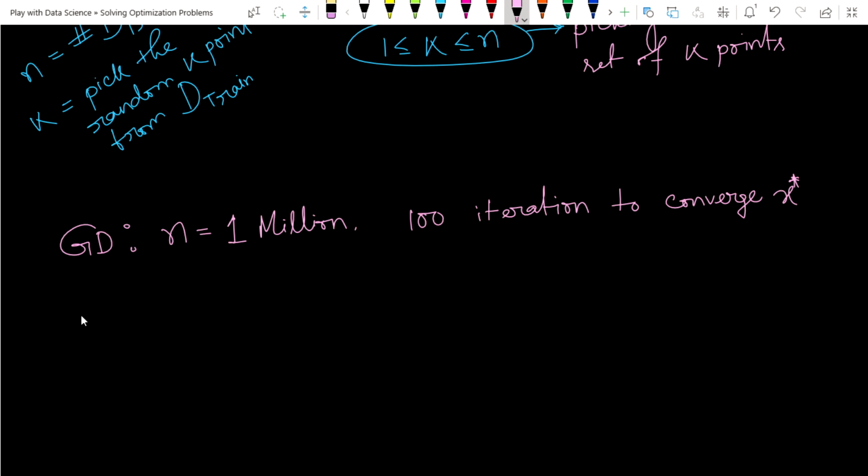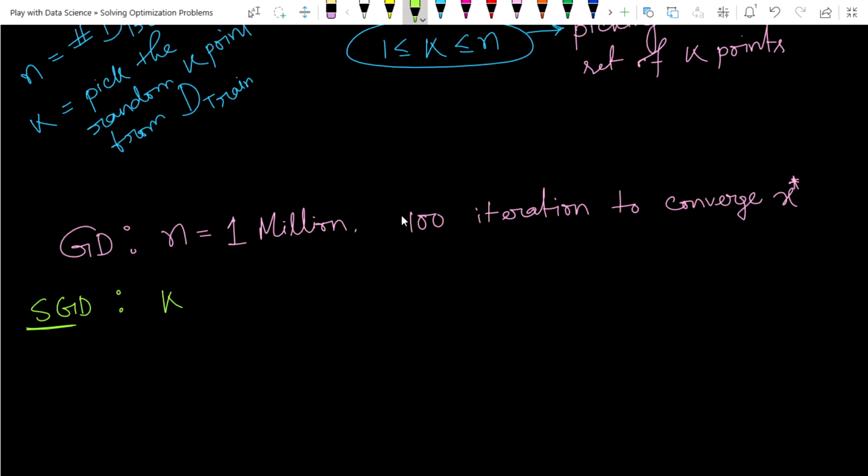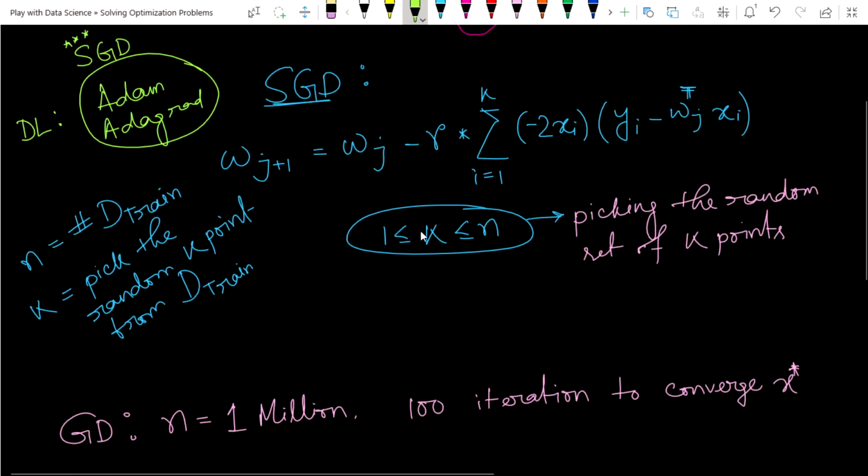But in the stochastic gradient descent technique, suppose we choose k to be a random set of k points from the D train set, smaller than n.